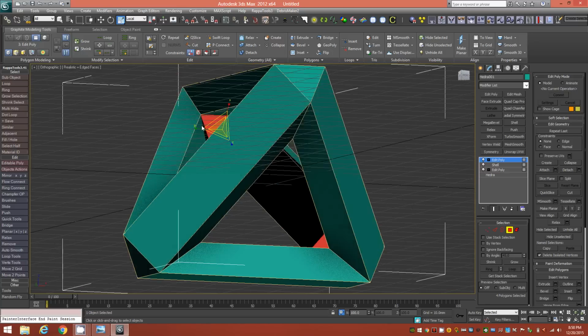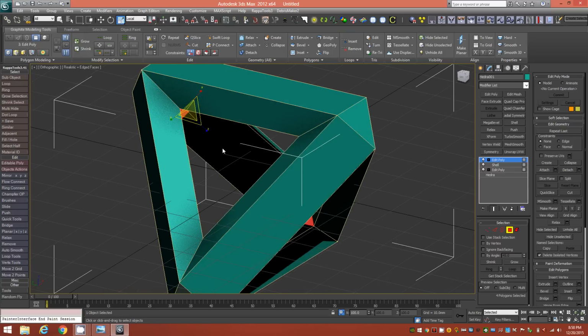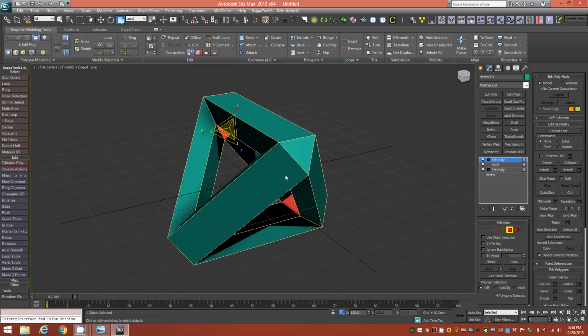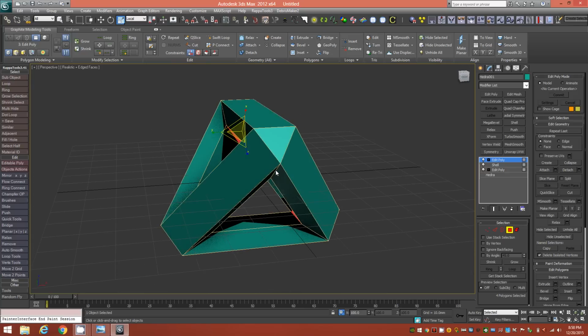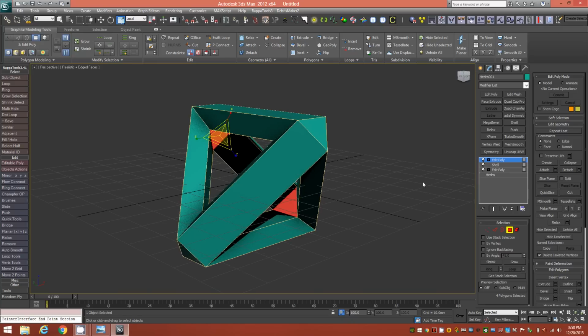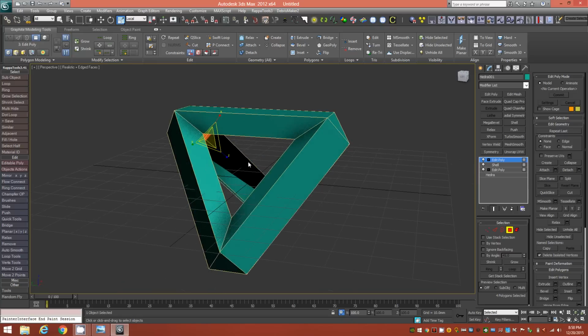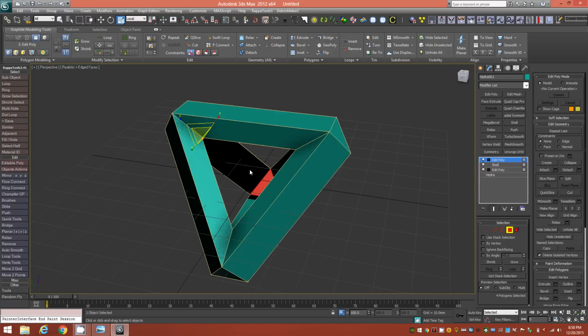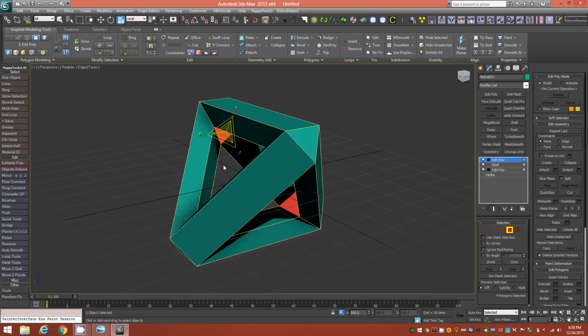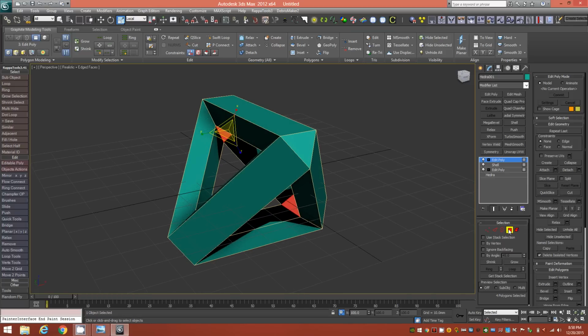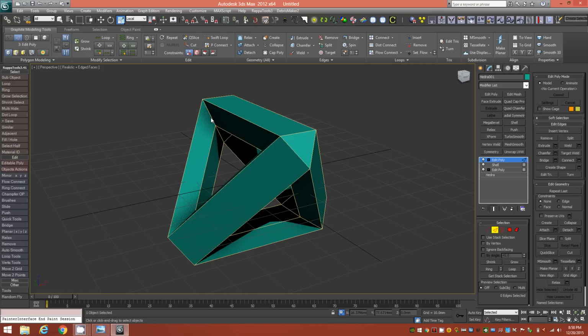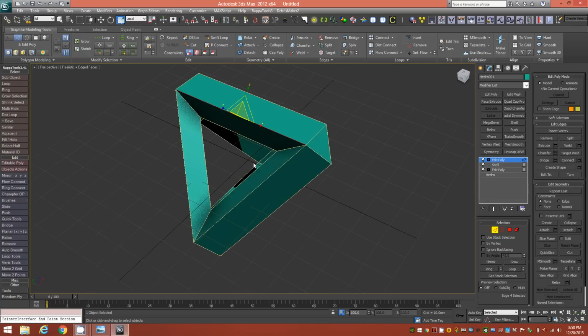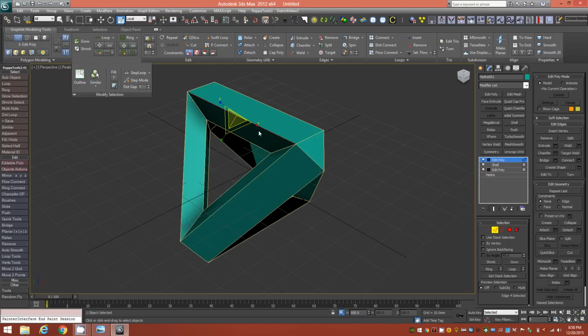Okay, so now they're equal in area, surface area. All right, so tapping P to go back into perspective mode here. This is the objective that I was looking to achieve. So we put our shell at 15 inner amount, and we just scaled those out to be equivalent to the outer faces in area. Once we've done that, we can go ahead into our edge mode, select one of these long edges here, along one of these flanks,